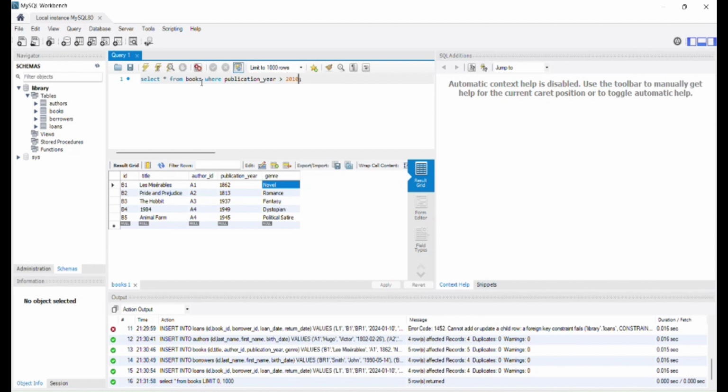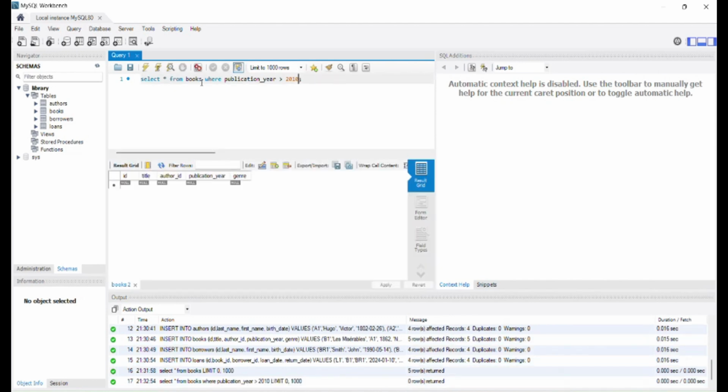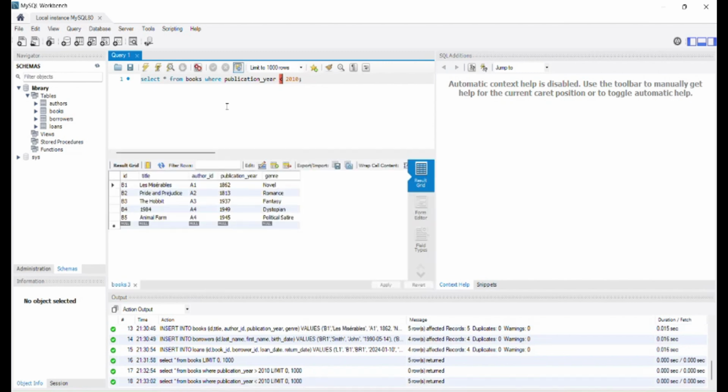Select star from books where the publication year is superior to 2010. As you can see, we didn't have any book published after 2010. If you want the ones that are published before 2010, we are going to use the inferior sign. And here we have all the books. All the books in our database are published before 2010. This is how it is used. So now we are going to pass to the sixth question,